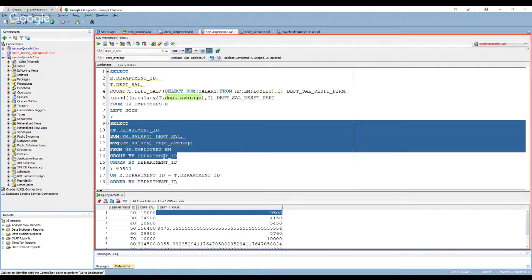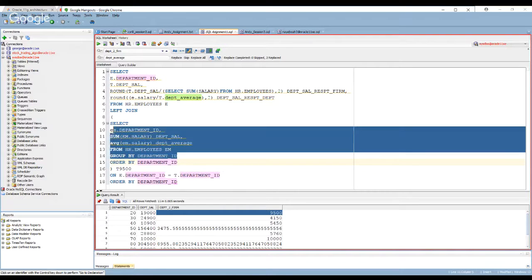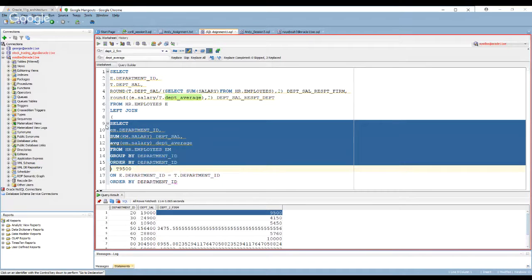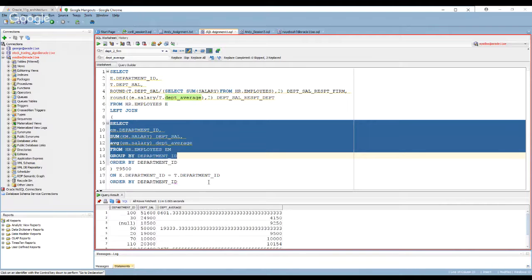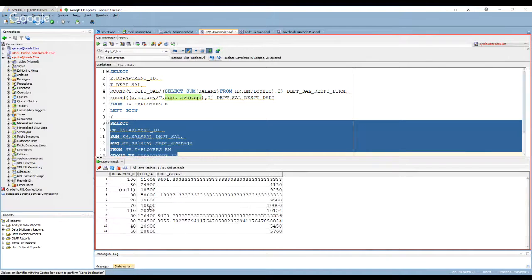I'm purposely not highlighting your order by because there's no need to do an order by there at all. For that department, I know the total department salary and I know the average salary, right? Because you plan to use this later, it makes sense. But your very first question that you were trying to solve was to figure out the total for the department salary, right?